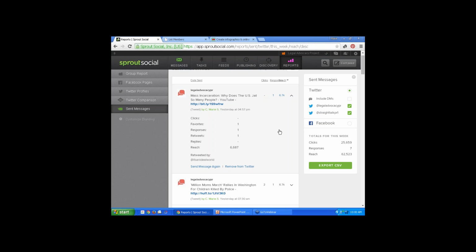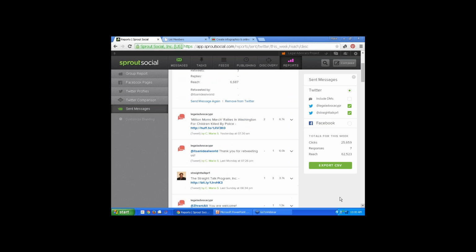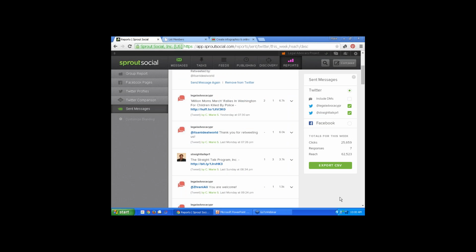So they're not so logical in the sense of saying, it's not about disability, so I'm not going to tweet about it. Well, mass incarceration relates to people with disabilities. So the magazine gets that same philosophy that we get. So we can message them, we can talk to them, we can add them to a list, we can create tasks around them, that sort of thing.